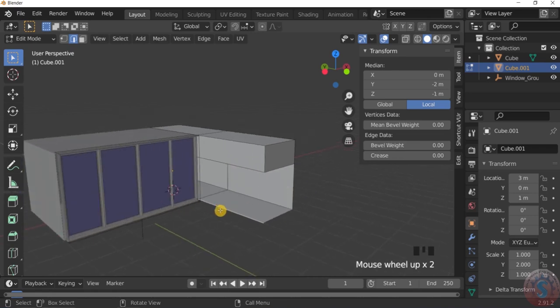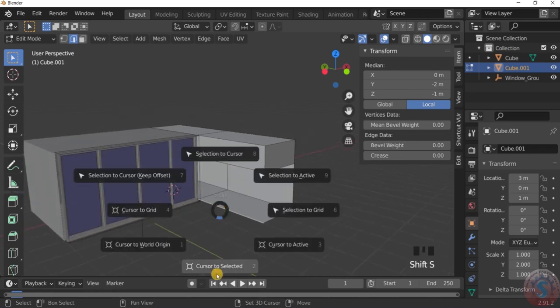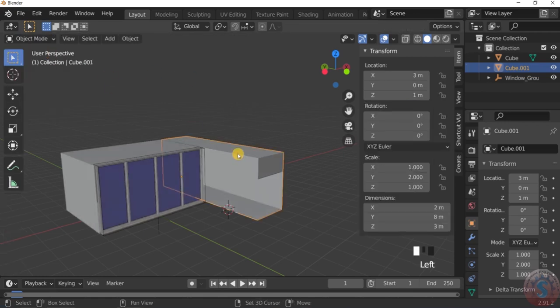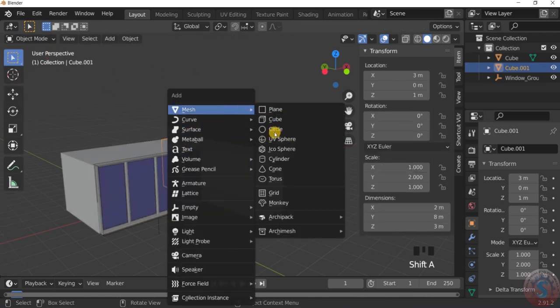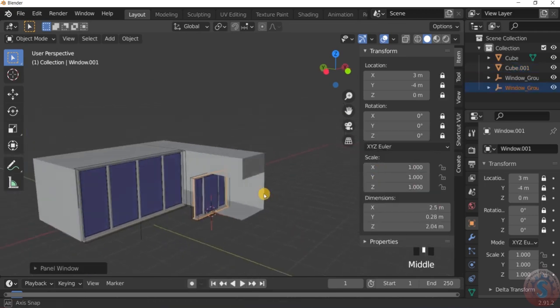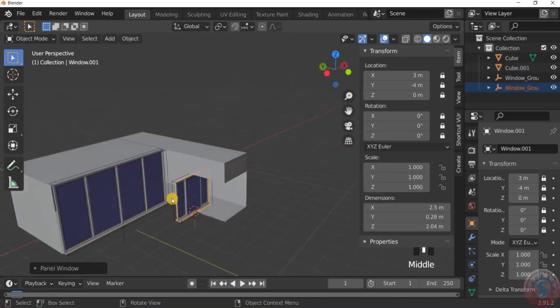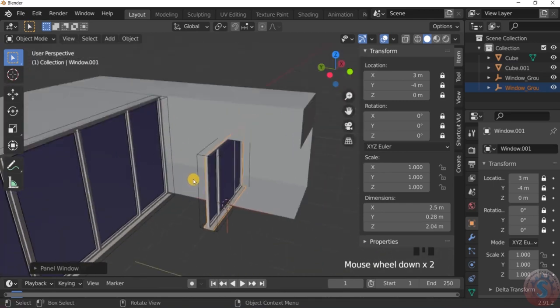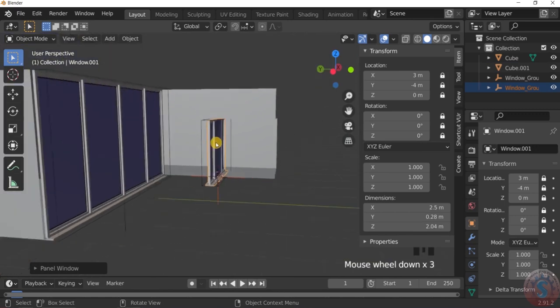After selecting the edge, press Shift S, cursor to selected, go into object mode, then press Shift A, go into the mesh or Archimesh, and choose the panel window. This is rotated. How to rotate this, I will show you. This is one of the basics, and you can observe this is